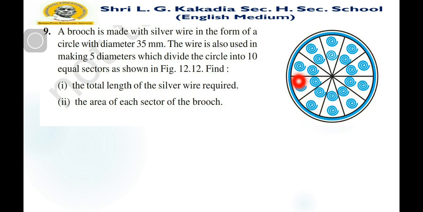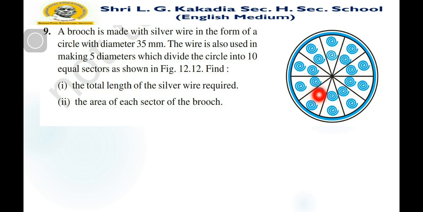So with silver wire its circumference is made. The wire is also used in making 5 diameters which divide the circle into 10 equal sectors, as you can see in the figure. So here 1 diameter, 2 diameter, 3 diameter, 4 diameter and 5th diameter. So silver wire is also used to make these 5 diameters. If you want to find the length of the silver wire used to make the circumference and these 5 diameters that divide the circle into 10 equal parts,